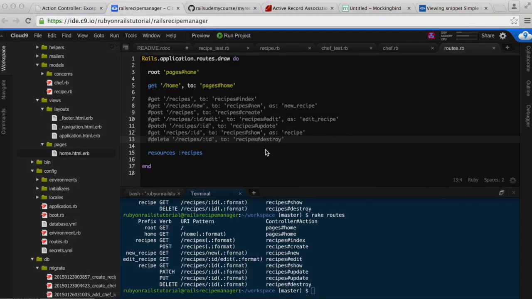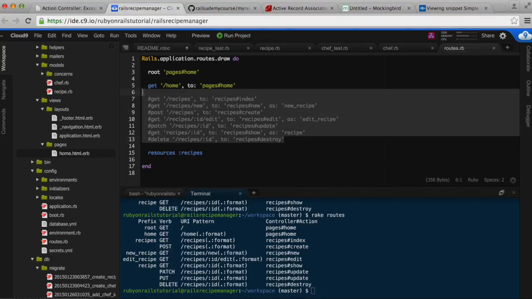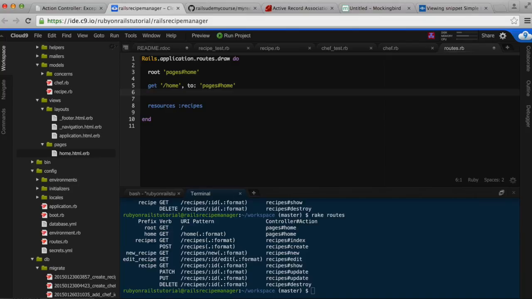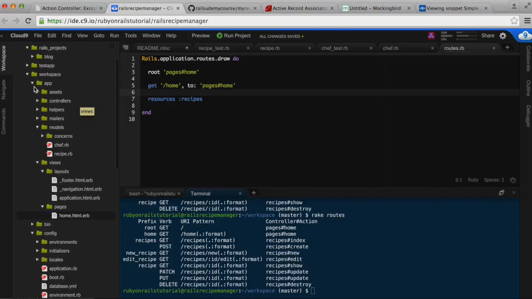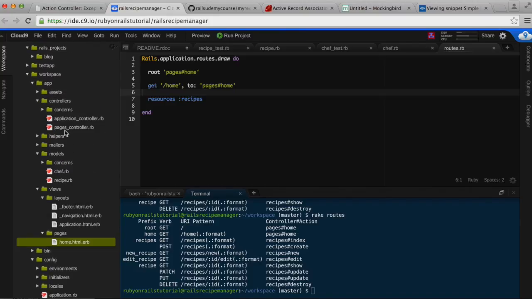So first, we're going to handle the index action in the recipes controller. So I'm going to get rid of all of this, and the index will basically list out all of our recipes in our app. Save this. So first thing, I'd go to App, Controllers, and I see I don't have a recipes controller, so